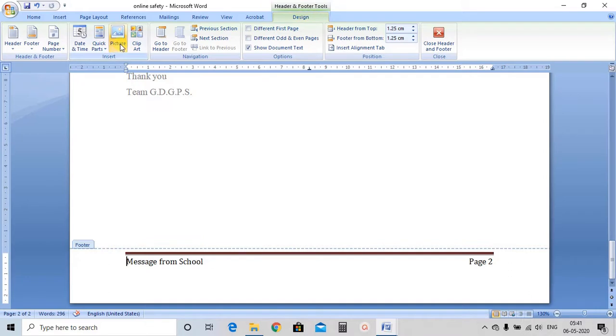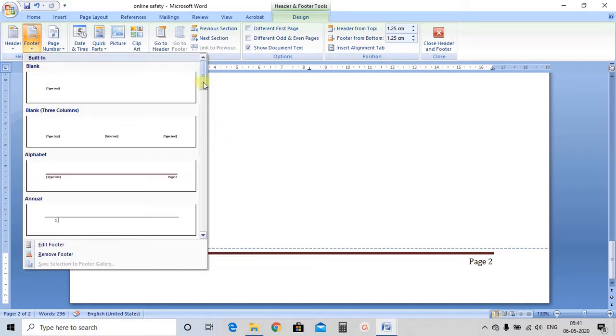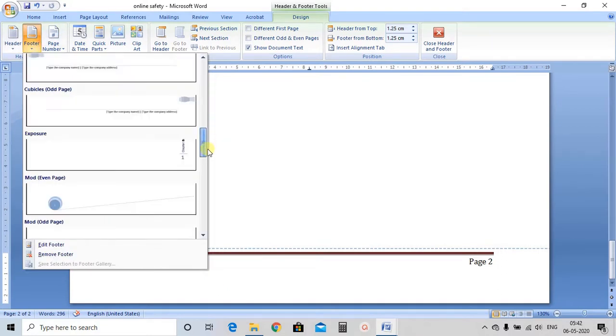Then again you can insert any picture, date or time. If you want to change the style, you can change the style by selecting the footer. Suppose I want this one.